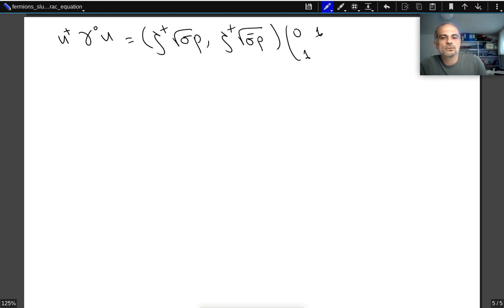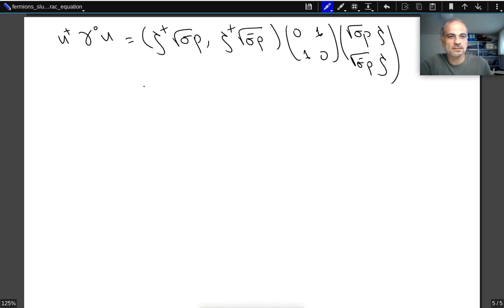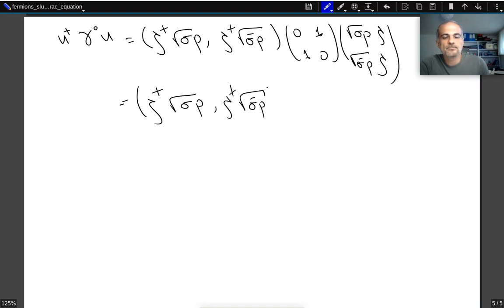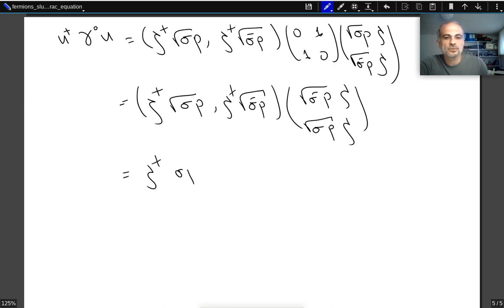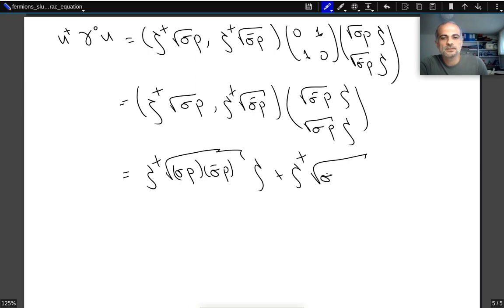Gamma 0 is 0, 1, 1, 0, and u is square root of sigma p psi, square root of sigma bar p psi. So we obtain, let me just first multiply these two over here. If we multiply those two, we get sigma p psi dagger sigma bar p sigma bar p psi sigma p psi, which becomes psi dagger sigma p square root sigma bar p psi plus psi dagger sigma bar p